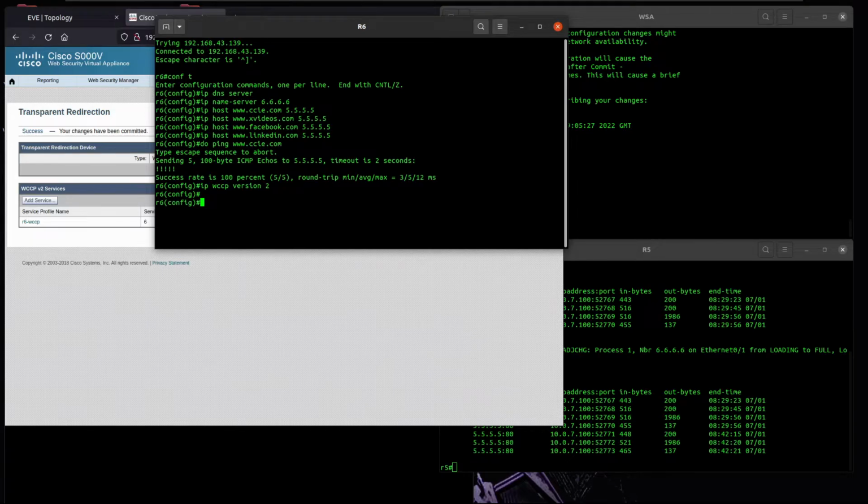And next we have to identify which networks or which traffic is going to be redirected to the proxy, and we're going to create an access list for this. It's going to be extended, and we're going to name it redirect to ACL, permits TCP any. So all web traffic is going to be redirected,